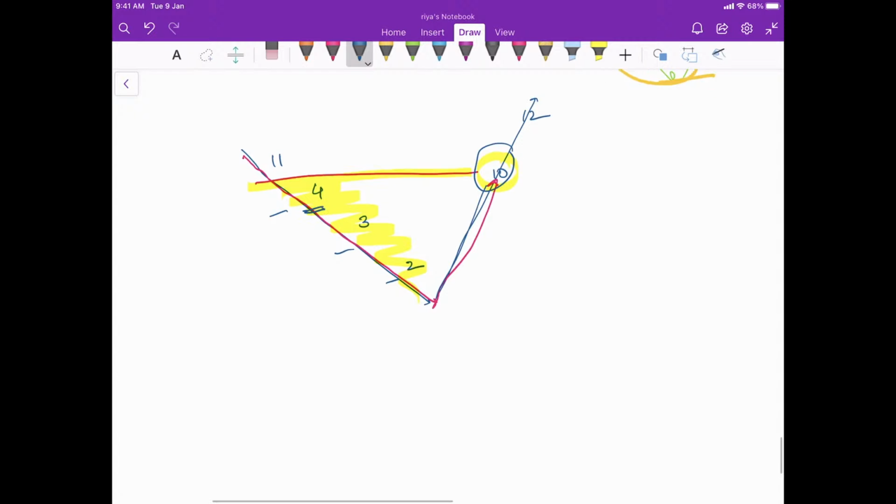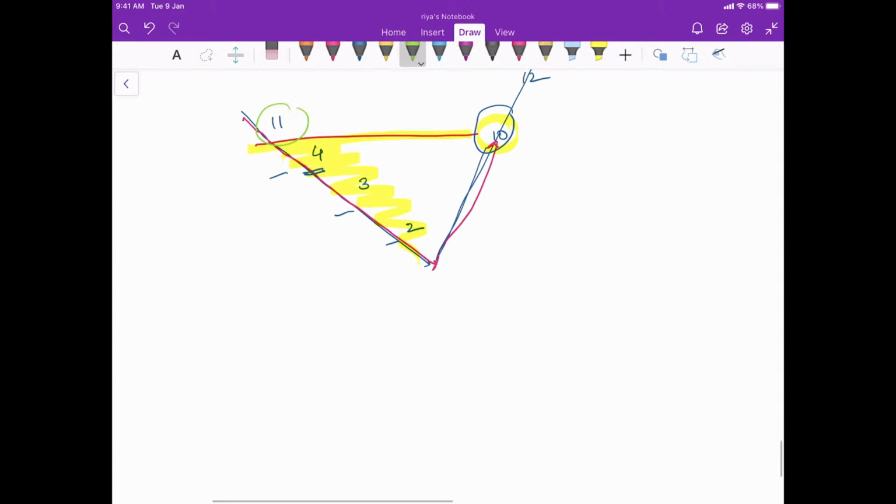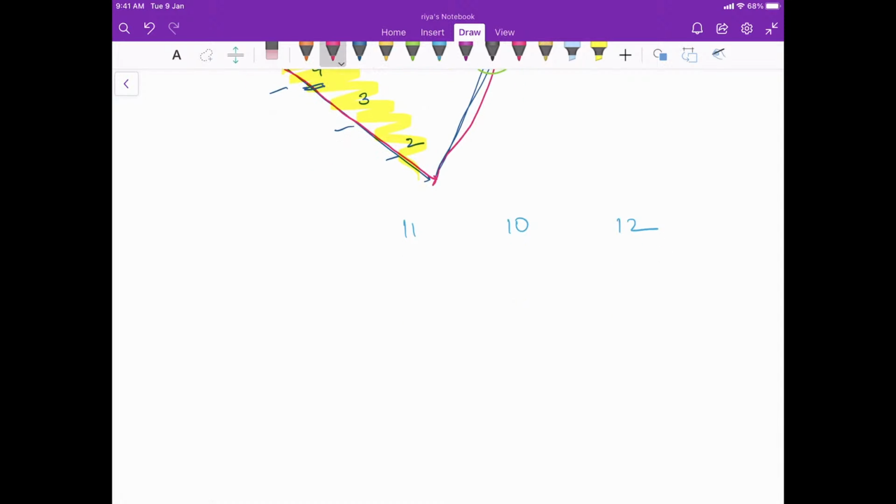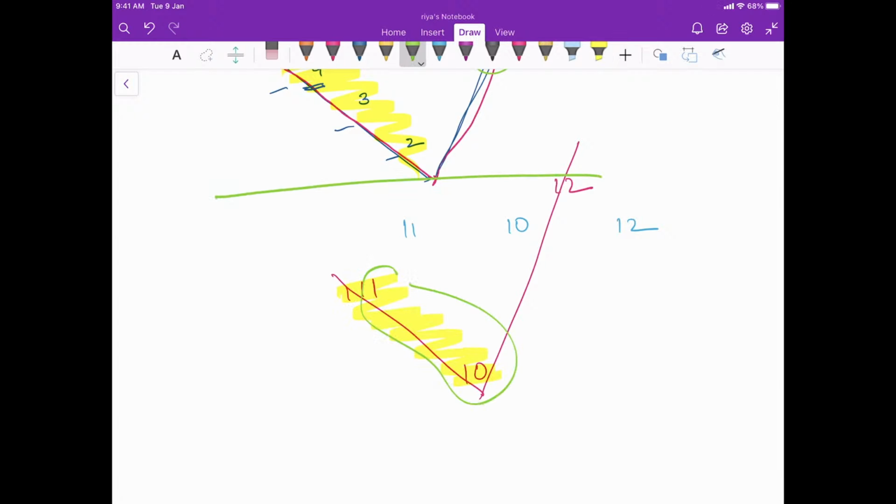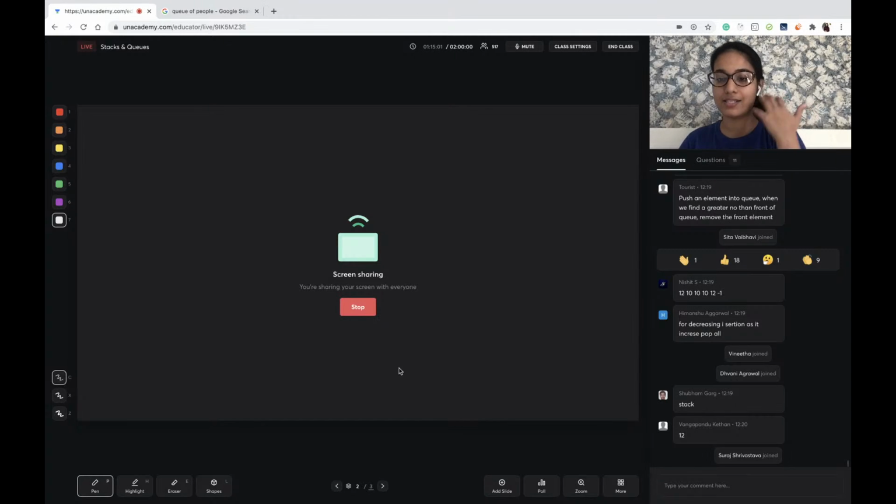the answer 4. And if you see here, after that I am left with only 11, 10 and 12 at this point. For this, what I can simply do is again form a sequence of 11, 10 and 12, and that basically means these values that are lesser will have the answer 12. So for this also 12, this also 12, and for this -1, because that is the last element.